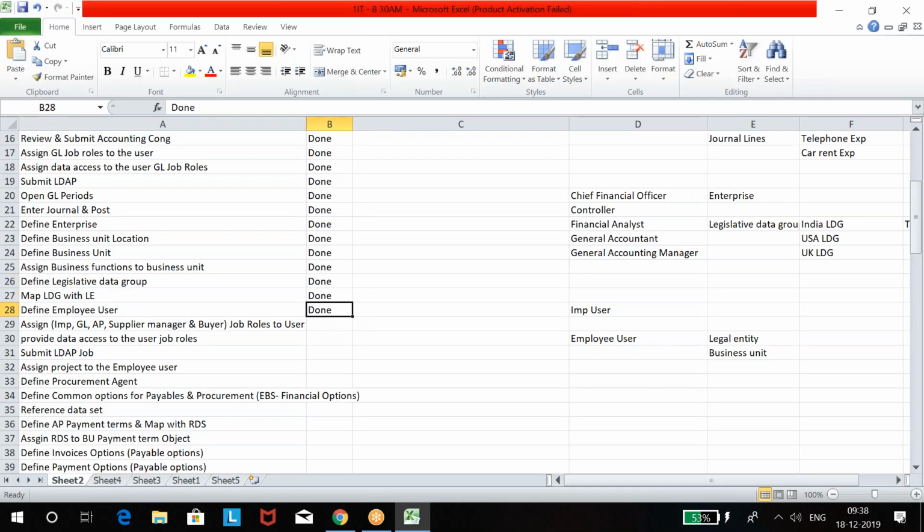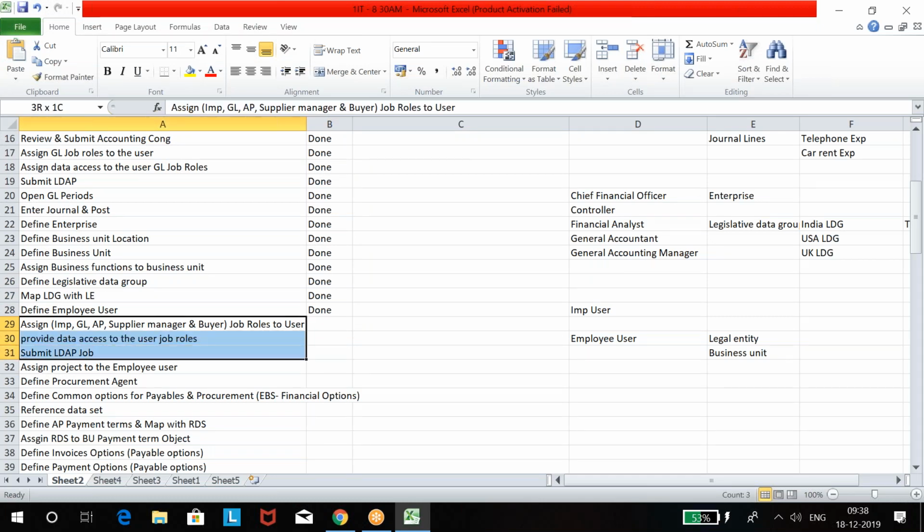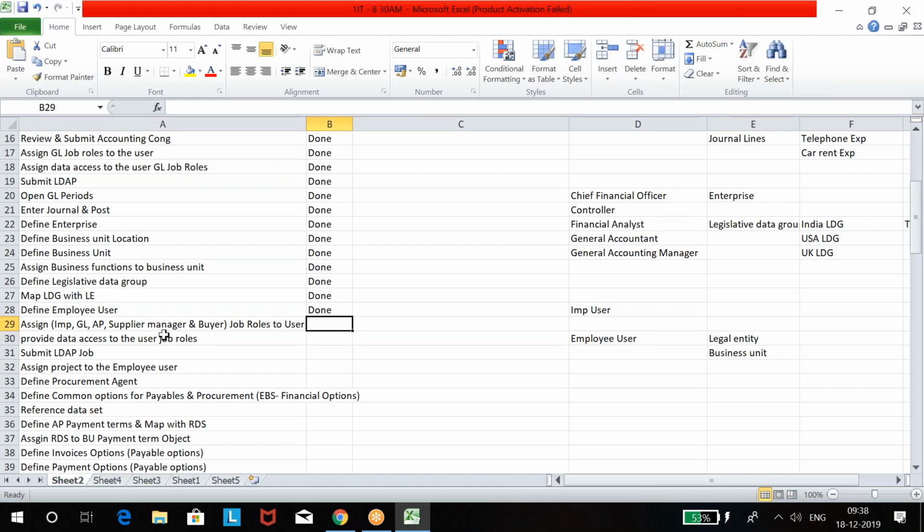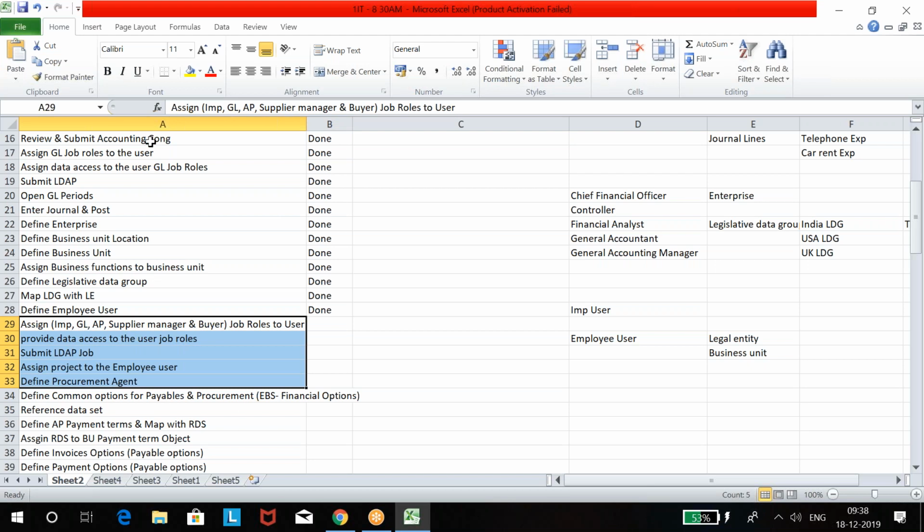So we are done with all this. Now from here, let us do tomorrow. Okay. Tomorrow we'll complete up to this, and from here, all table related setups.